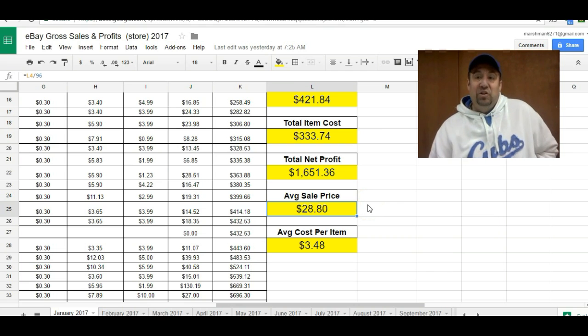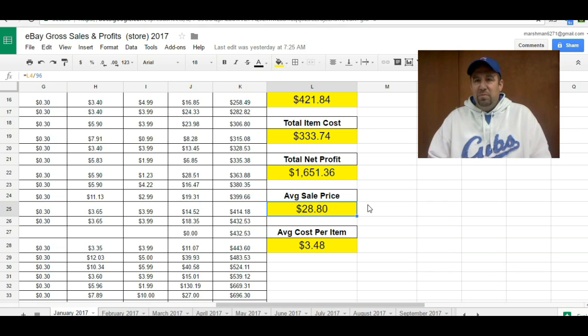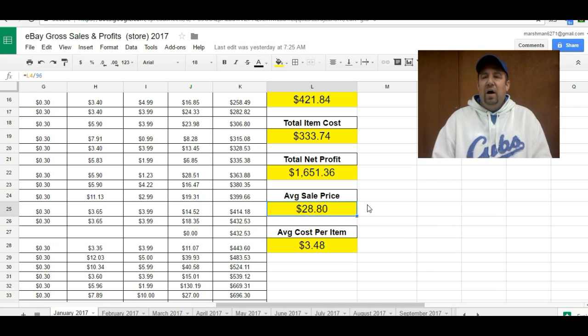That's actually pretty good. I know a lot of other resellers out there, they're all about the quick flip and what have you. So they'll sell stuff a lot less. Since I do this part-time, I need to achieve a little more return on investment for my items. So I like to sell a little higher dollar items so I can make a little more money on the stuff I sell. I try to push the $30 range. As long as I'm between 25 and up, I'm pretty happy, but I definitely try to stay about $30, so